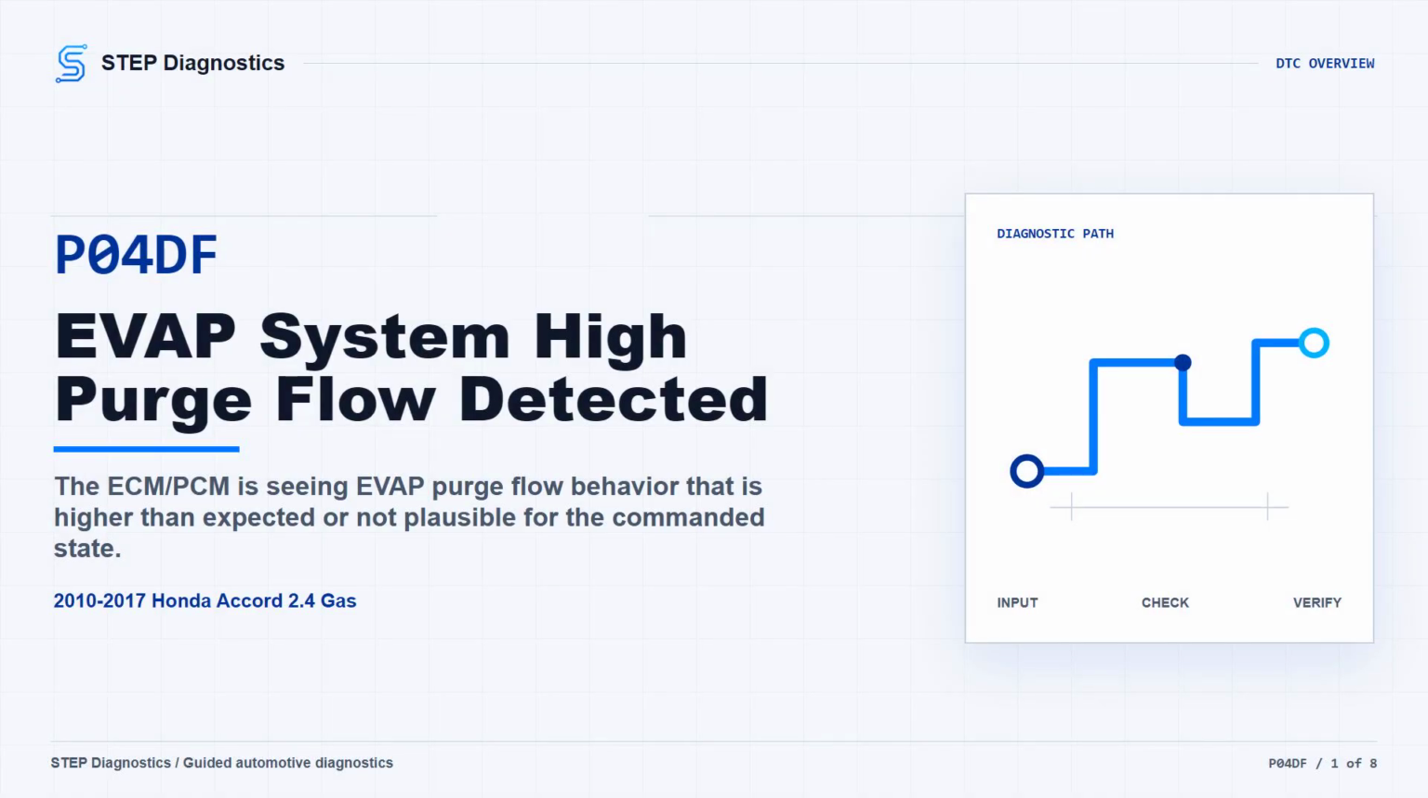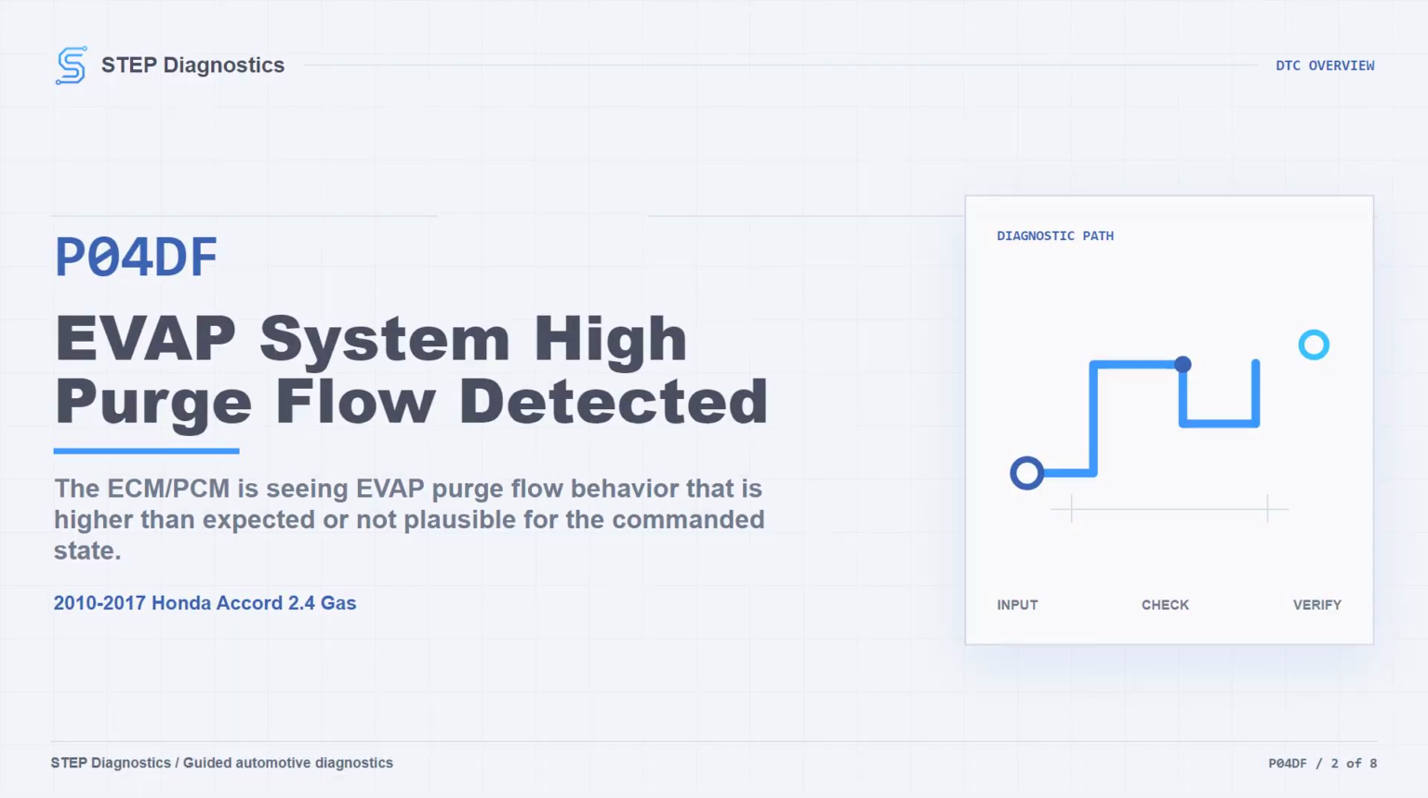On this 2010 through 2017 Honda Accord with the 2.4 gas engine, P04DF points to an EVAP system high purge flow condition. In plain terms, the ECM/PCM may be seeing purge flow behavior that does not match what it expects. The vehicle may have a check engine light, and it can often still drive normally while the EVAP fault is